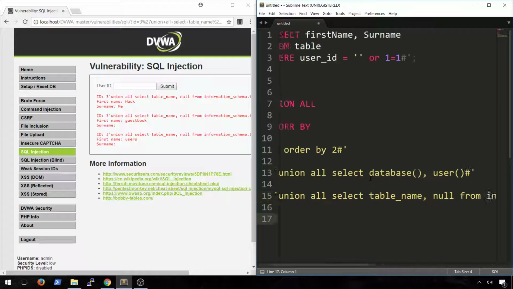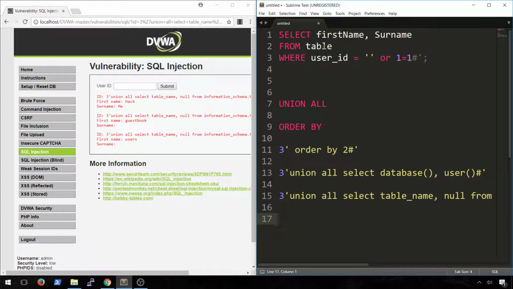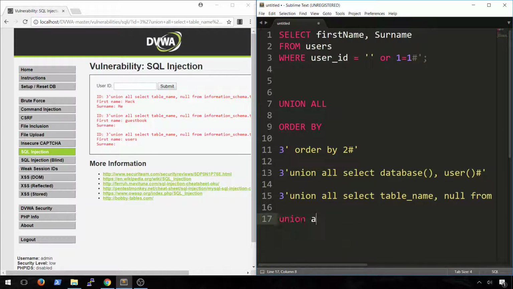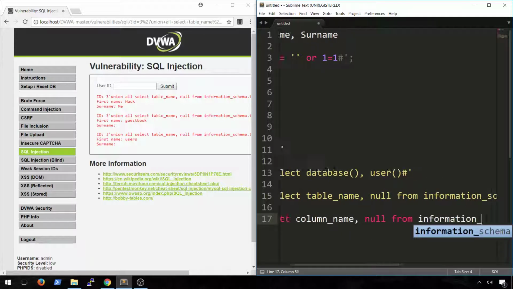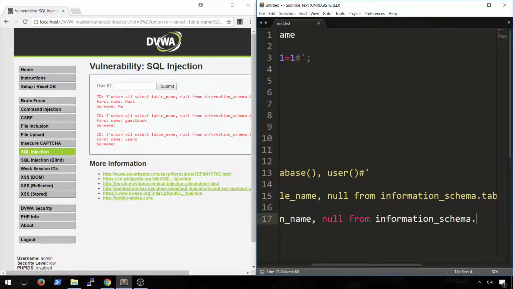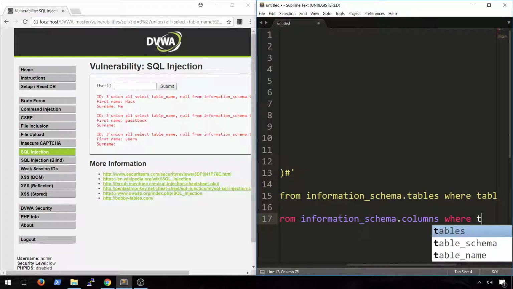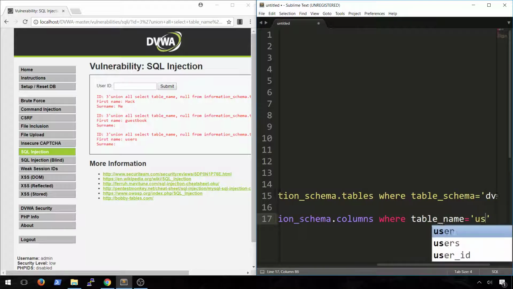So now that we know that the table we're looking for is users, let's try and figure out what the username and the password columns are called. To do that, we're going to do the same thing. Union all select column_name from information_schema.columns where table_name equals users,